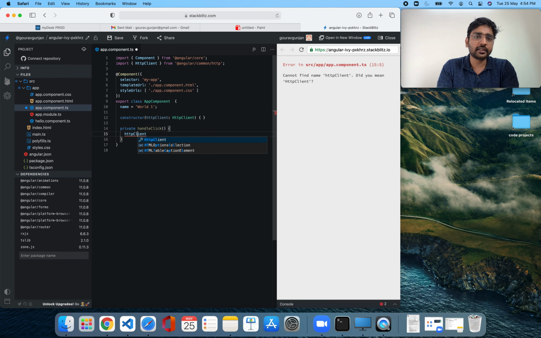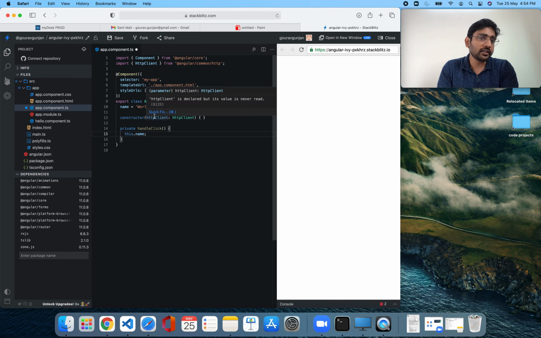There is no HTTP client directly under this dot. Generally you know that this dot name would exist, this would not give any error, but this dot HTTP client didn't come. Why? Because name is a property of the class.